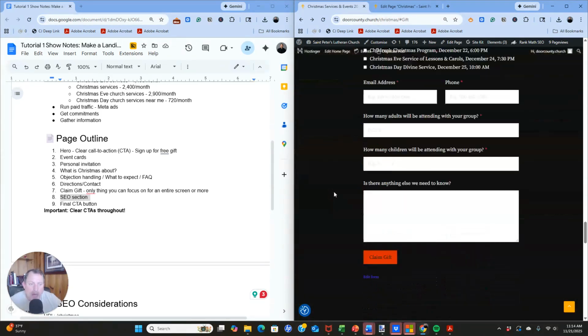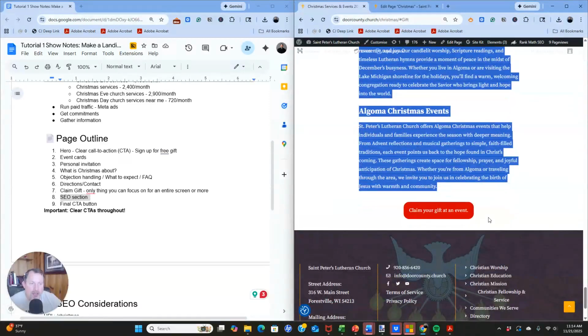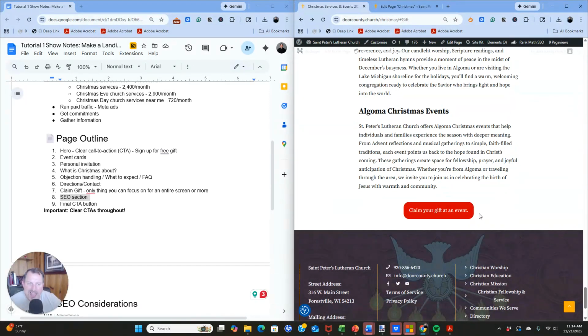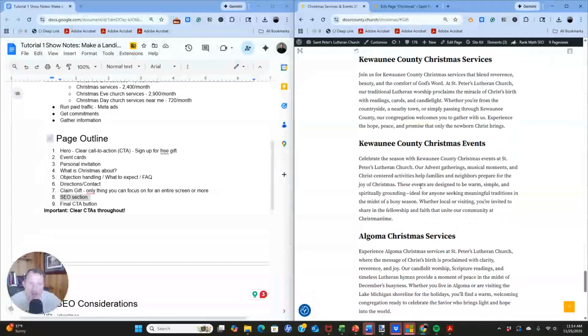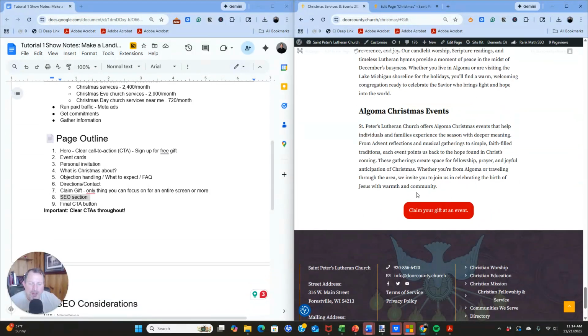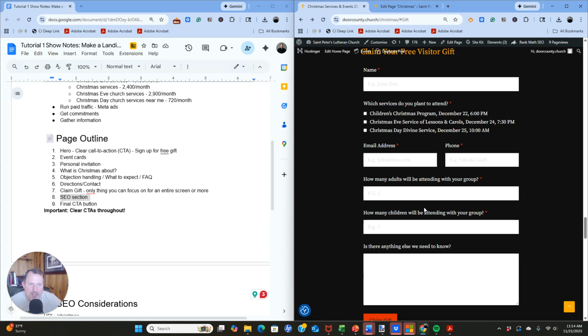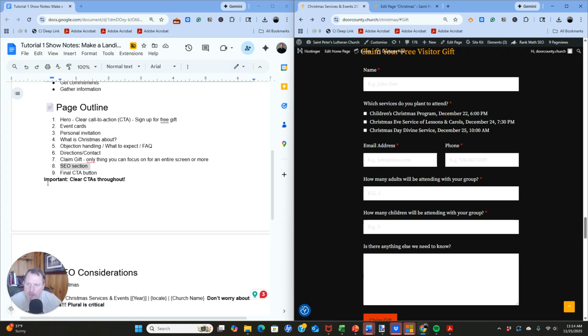Finally, at the very bottom of the page, we have a claim your gift at an event button once again, so that if someone has gone through all of this schlock, which is possible, people always surprise me about how far they'll scroll on a page. It'll take them right back up to claim your free visitor gift. So it's important that throughout the page, and I actually even need to add more, that you have clear calls to action